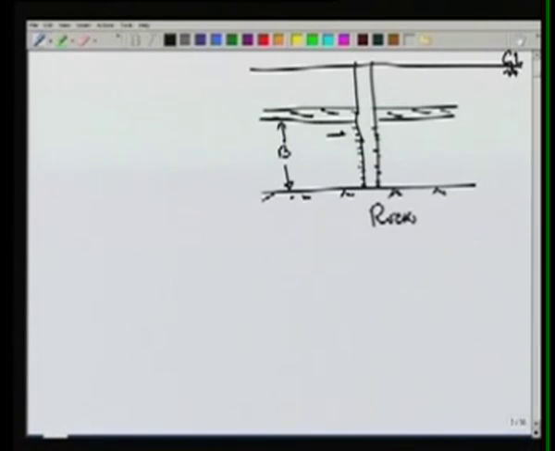So water can come into this well throughout this thickness, and there is no water entry from above the aquifer. We have some pumping rate, let's call it Q,